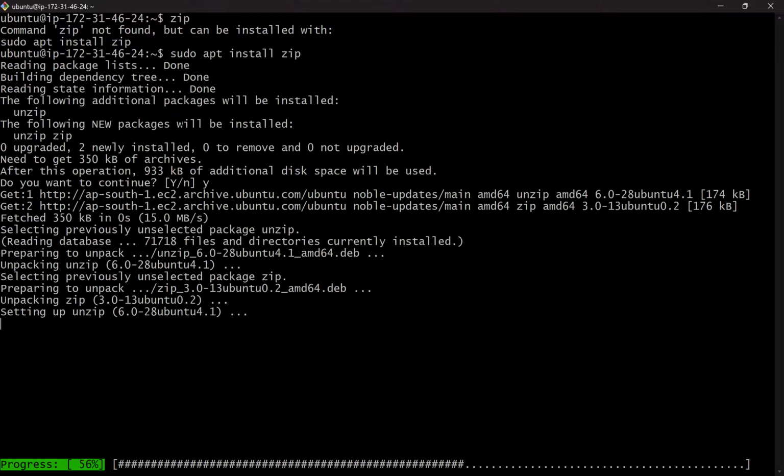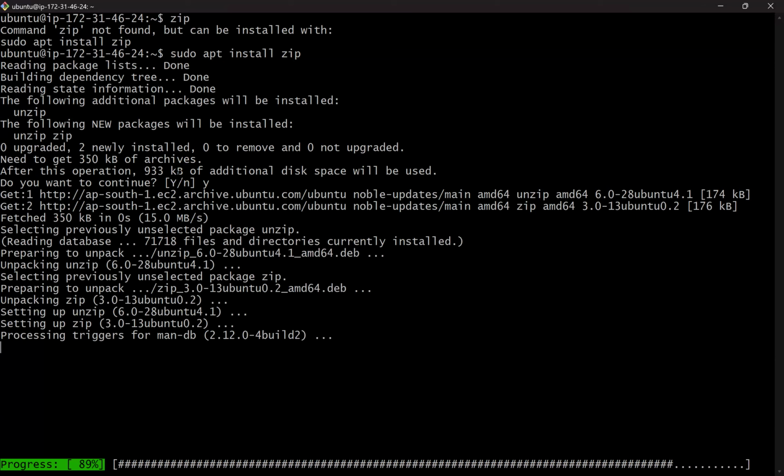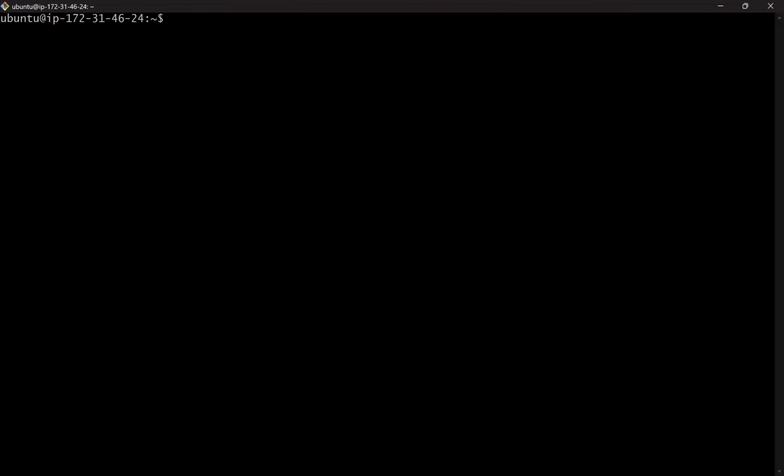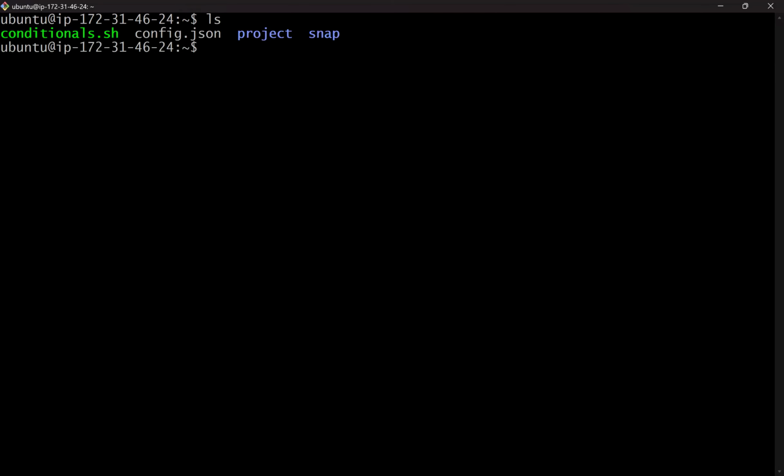So right now I don't have zip in my Ubuntu machine, so I'm just installing the zip packages in my Ubuntu machine. To help you guys understand packaging using zip, what I'm trying to do is, right now I have all these files. Let's keep those, but let's create a new directory called publish. So I have this publish directory, and then I create a file and add some testing,